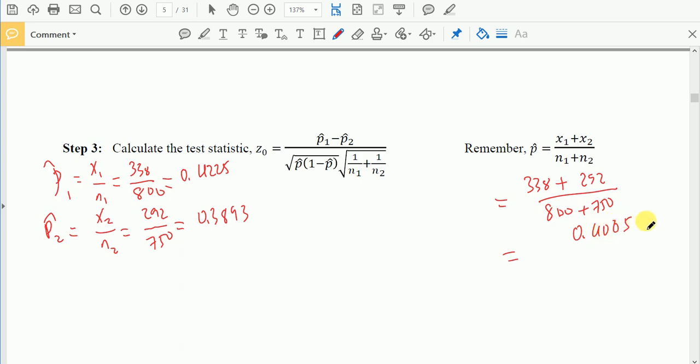Now I just plug in directly P1, P2, and then P1 minus P2 over just everything we already have. So here becomes